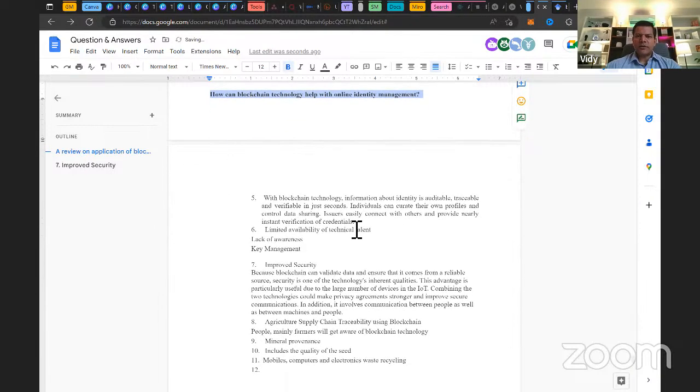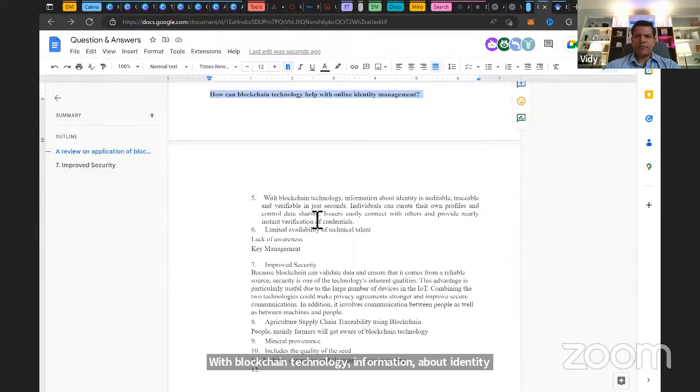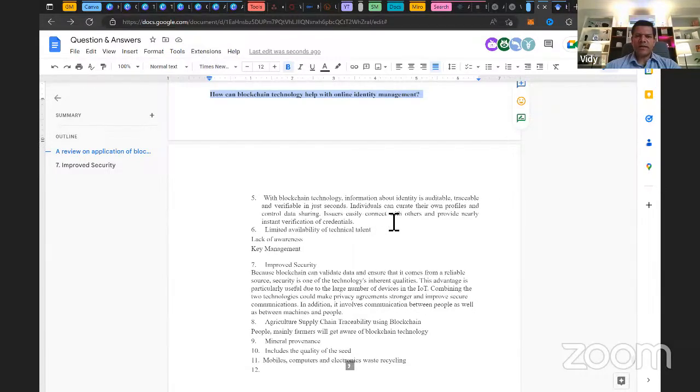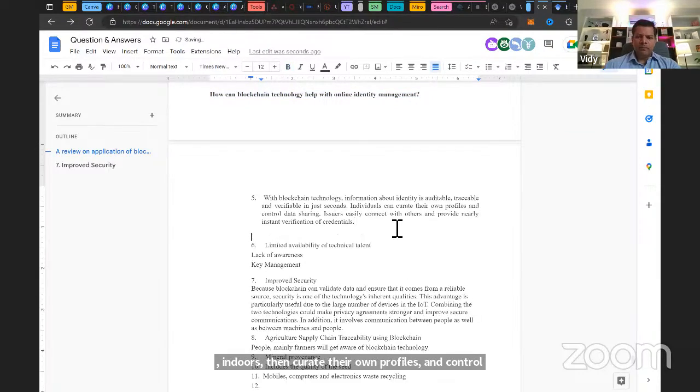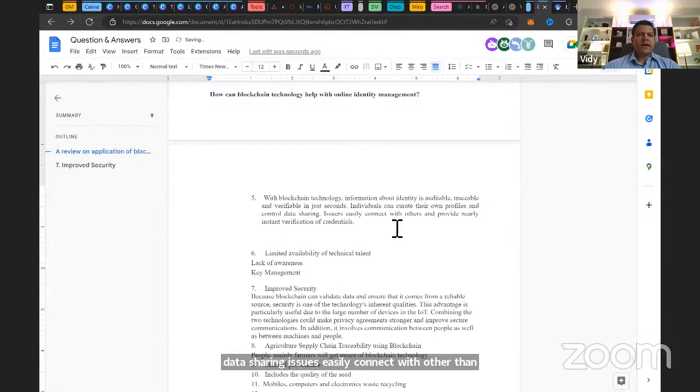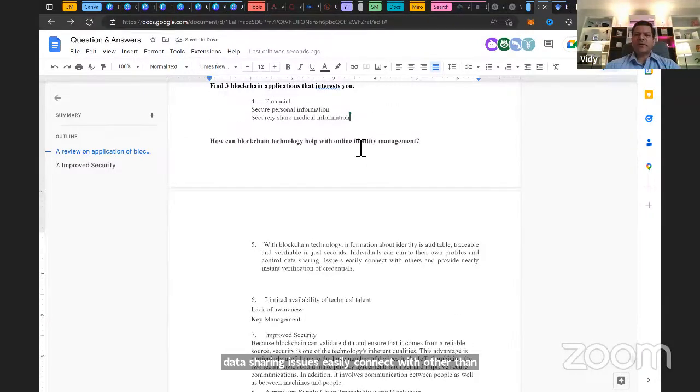With blockchain technology, information about identity is auditable, traceable, and verifiable. In just seconds, individuals can curate their own profiles and control data sharing. Issuers easily connect with others and provide nearly instant verification of credentials. Okay, this is right. So identity management: one of the major challenges that we find with identity is, say,